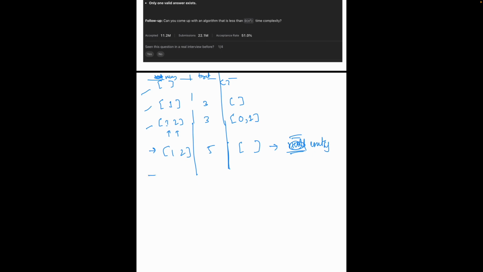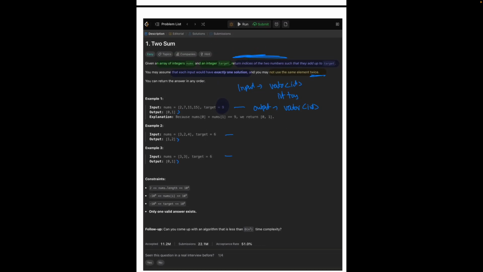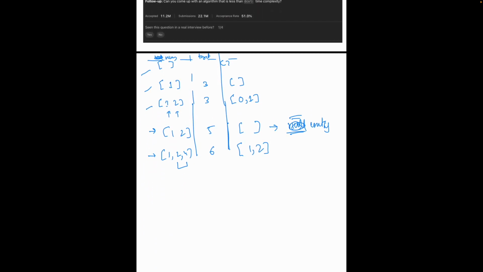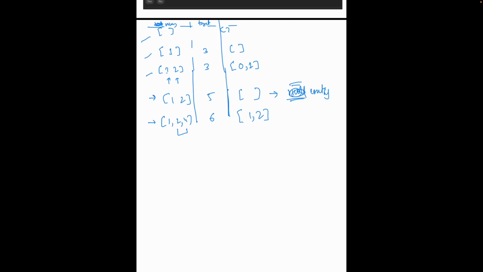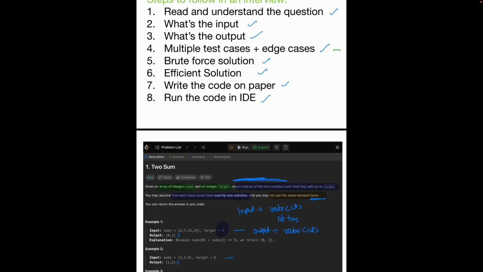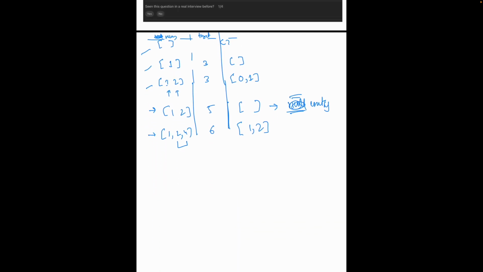And then what if you actually find it, let's say target 6, and then you have 1, 2, and 4, then you just return the vector of indices 1, 2. So yeah, now there are multiple ways to do it. The brute force, now after we have done these cases and see, yeah, edge cases and everything is done, now the brute force solution for this is